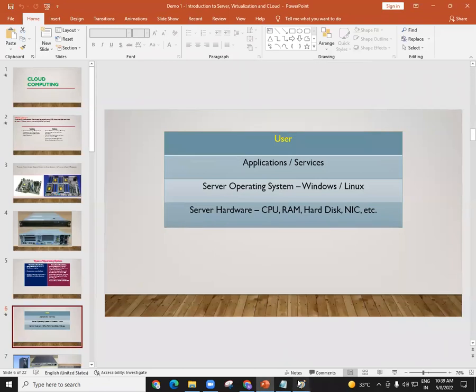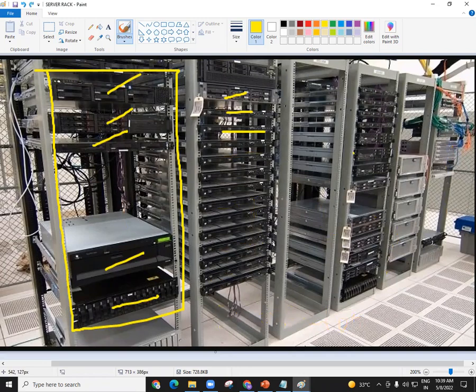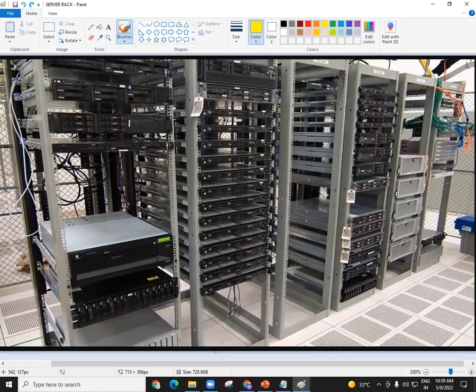Got it? But how much money do they have to spend? They have to spend crores and crores of rupees, or lakhs of dollars. And that is a huge amount of money. So is there any solution for this? That is a $1 billion question. Is there any solution where, without spending this much money, we can start our business? I'll take a very basic example first.